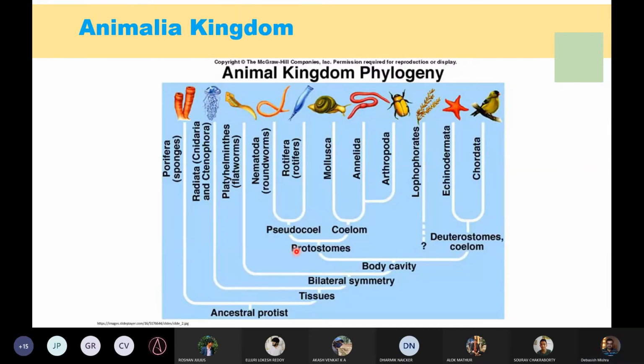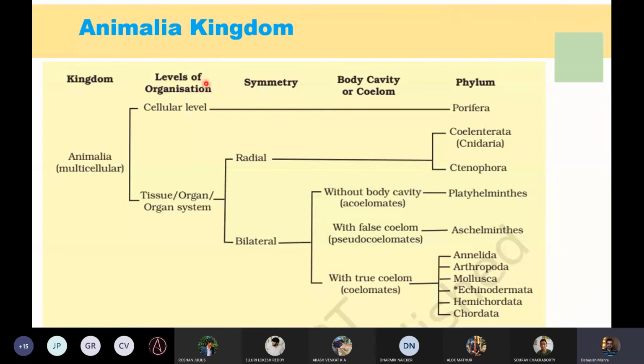I'll just go through a bigger picture of classifications, and specifically we will discuss some. You can read about it. This is Animalia, the overall kingdom, and you can have a phylum Porifera, which incorporates sponges only. The level of organization is cellular, not tissue-like, meaning loose cells are attached, and you do not have a tissue-like function, meaning all cells trying to do one single function. It's not like that.